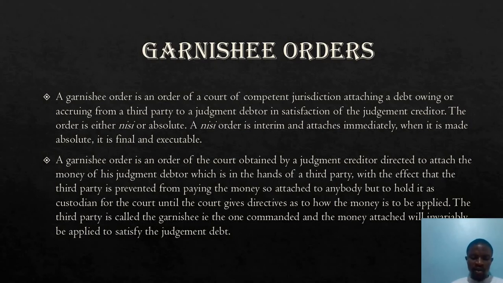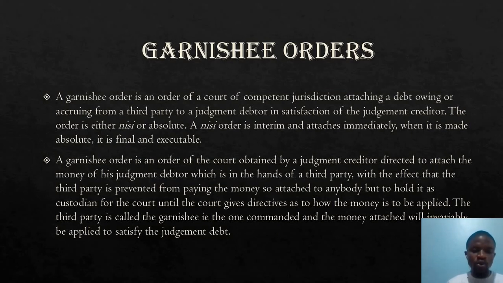That sudden order that is given without even the judgment debtor knowing is referred to as a Garnishee nisi. That is, it is usually ex parte. The other party is not even aware. So he now realizes, oh, I can't transfer money with my bank account. What is going on? I'm going to see my bank. He calls them on the phone. The bank says, no, we just got a Garnishee order to stop paying money to you until you come and defend yourself in a case that you are a judgment debtor in.